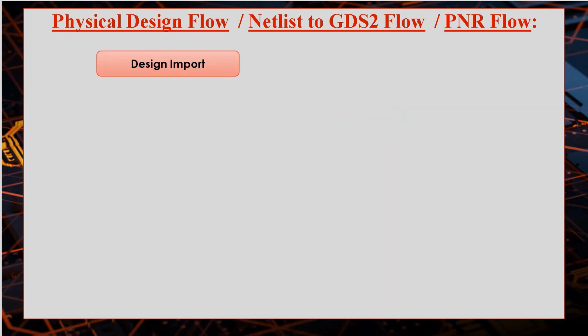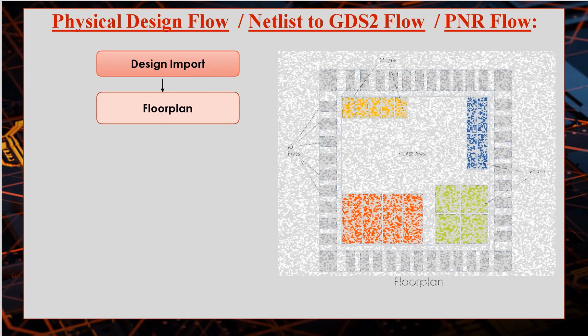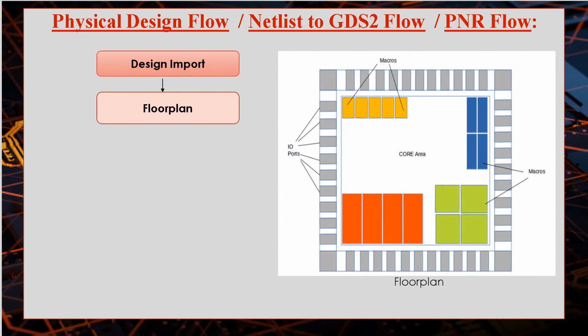The next step in PD flow is floor planning. After estimating the die size, first the IO ports are placed as per the information given by the full chip engineer. Then we have to analyze the connectivity between the IO ports and macros, then macro to macro and macro to module using the fly lines, and place the macros in the core area towards the boundary. For example, suppose a macro communicating with an IO port is placed far away from it, this leads to huge timing and other violations and makes a bad floor plan.